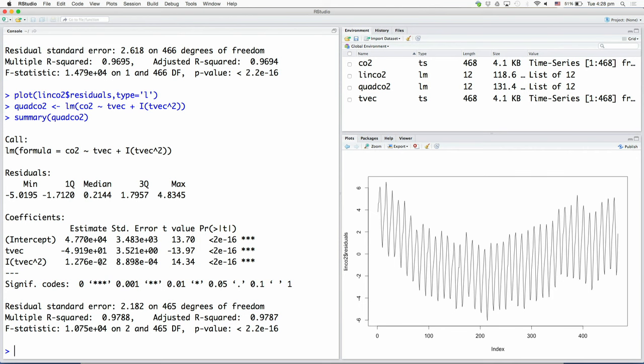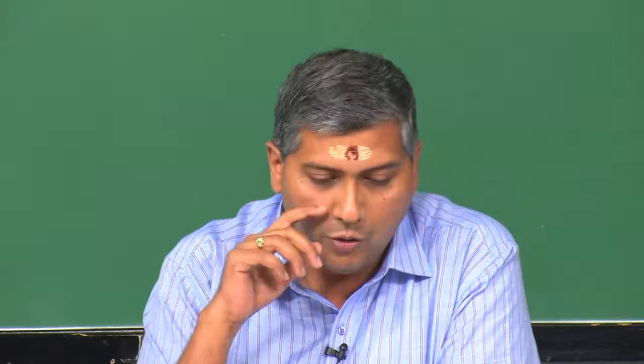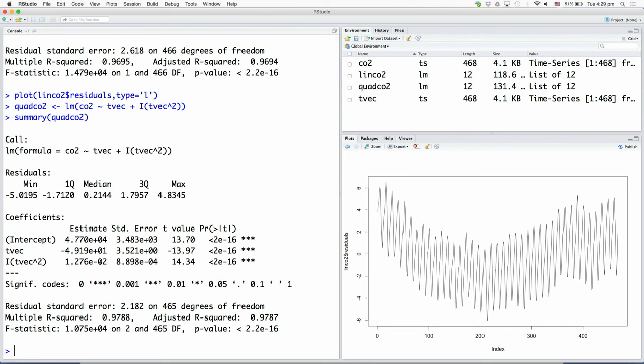I do not know, or we do not know, how this CO2 was generated. The actual process is far more complicated perhaps than the model that we are trying to fit, remember that. So, there is no truth to compare, and that is why we go through this hypothesis testing. Of course, if you know the truth, then all this modeling exercise is futile, all right. So, there are a bunch of other pieces of information here that are reported by summary, but to go over that requires a good set of lectures on linear regression, and therefore, I am avoiding that.